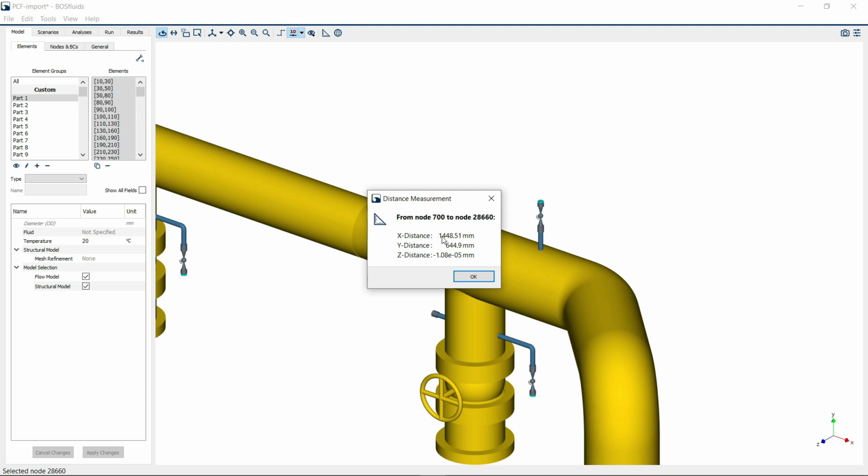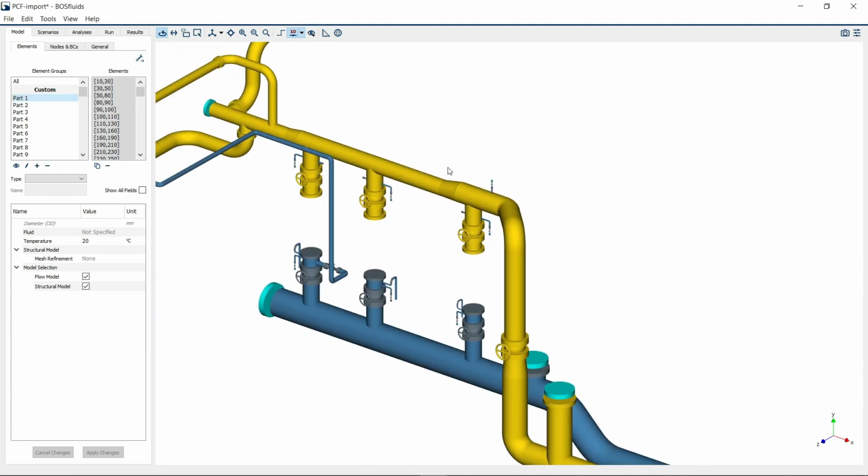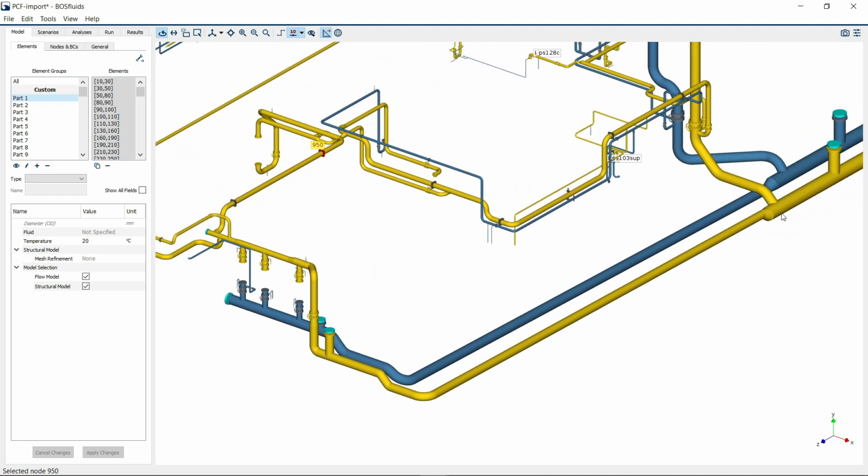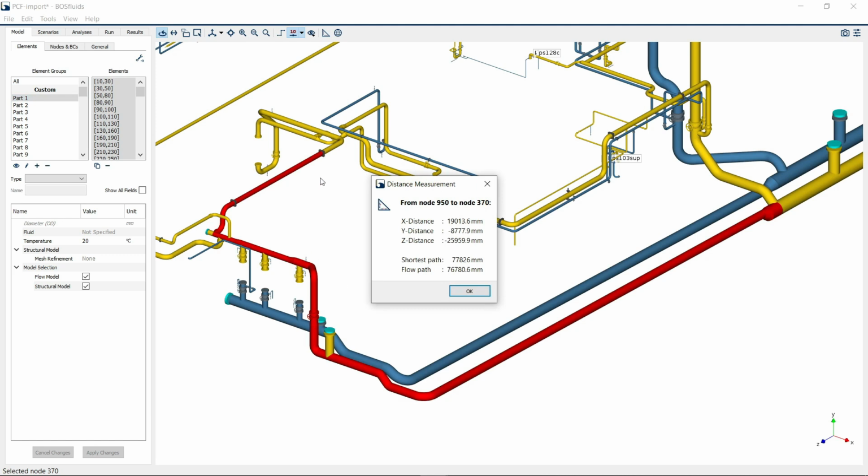I will get a result showing a distance between the two nodes that I've selected, specified in X, Y, and Z direction. But if I select in a similar way two nodes that are connected within this system, then a flow path highlighted in red will be shown, and then besides the XYZ distance between these two nodes,